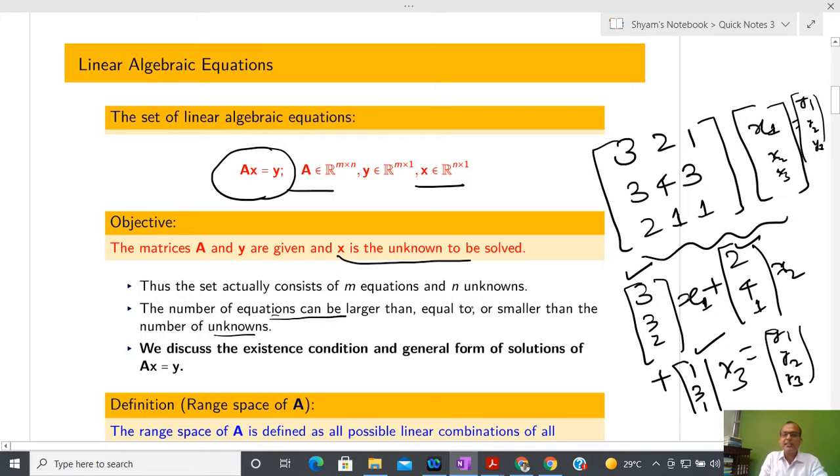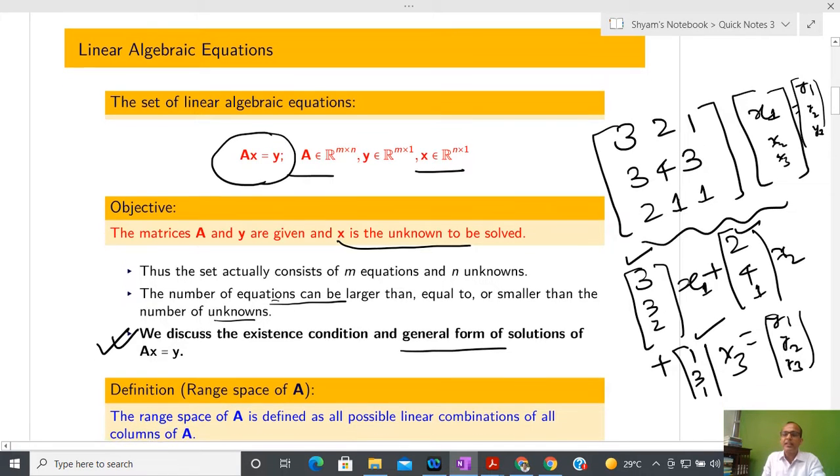Now we discuss the existence condition. What we found is that the idea of vector space matters, because linear combination comes from the vector space. If I have a space where I can define two operations, and I have a field such as the real numbers, then I can define linear combination. For that reason I am saying that I can give this guarantee using the notion of vector space.